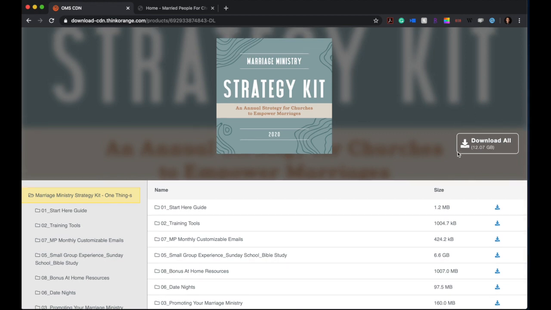So here to the right, you're going to see the Download All button, and this will download all of the folders that you see here in this left side column into one big zip file. You'll notice this file is 12 gigabytes, which is pretty large. So depending on your storage capacity and Wi-Fi network strength, it's going to take some time for this entire file